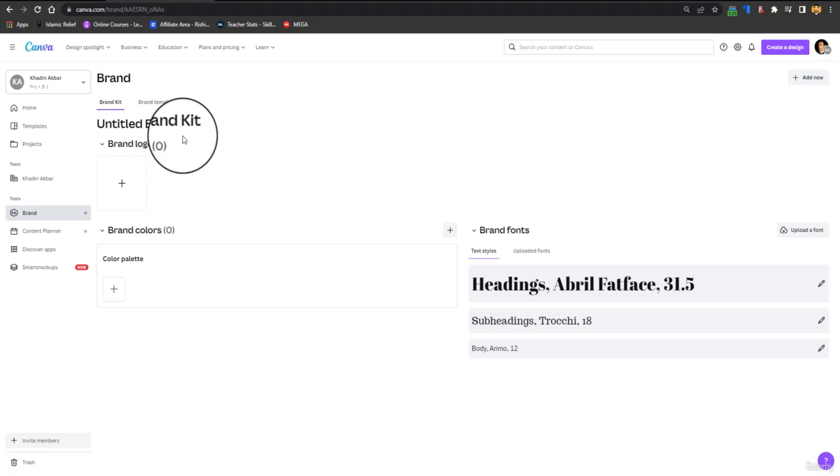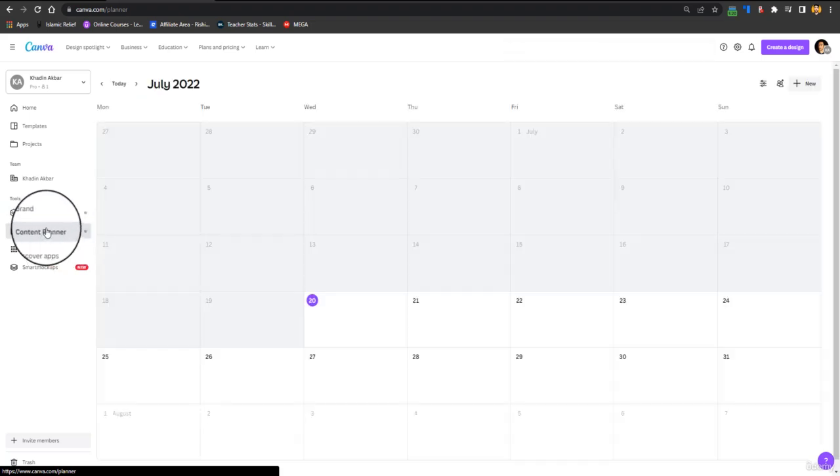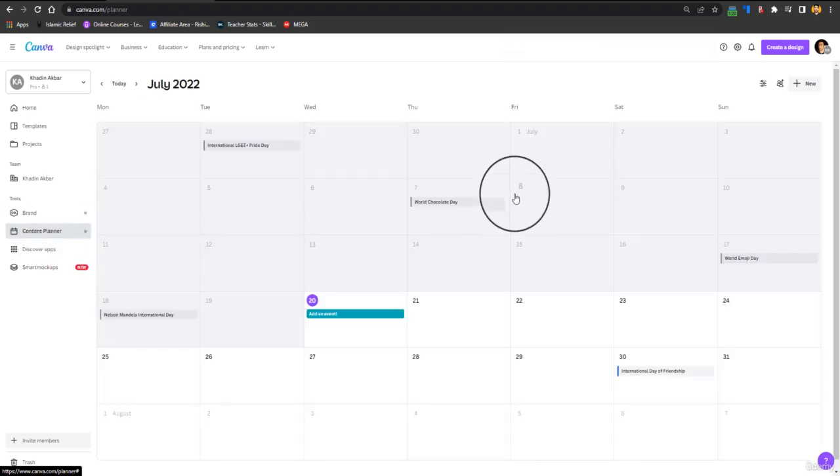And it wraps things up into a single kit, which is called a brand kit for your brand identity. It's a lot of work to create a brand kit, but you can create a fully fledged brand kit using Canva very easily.